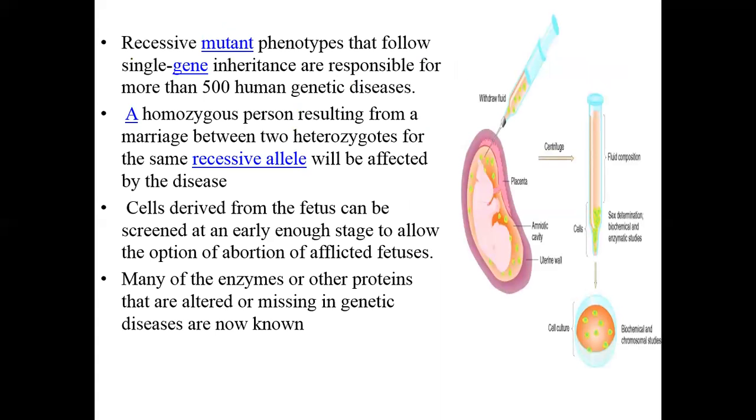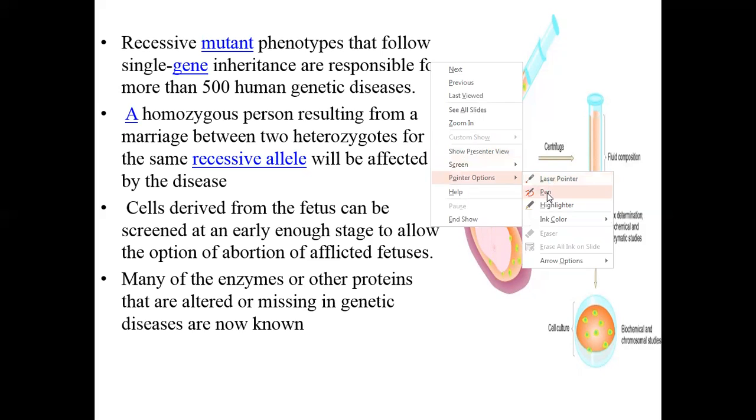A recessive mutant phenotype that follows single gene inheritance is responsible for more than 500 human genetic disorders. Around 500 human genetic disorders are related to mutant genes. A homozygous person resulting from a marriage between two heterozygotes for the same recessive allele will be affected by the disease. We know, say for example,